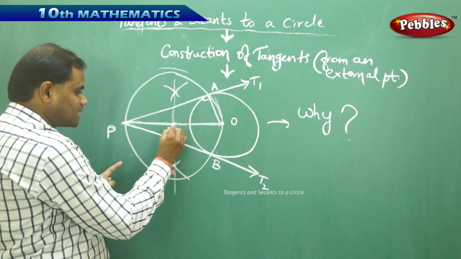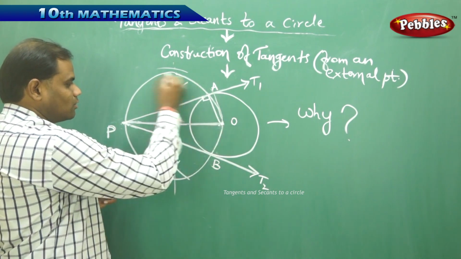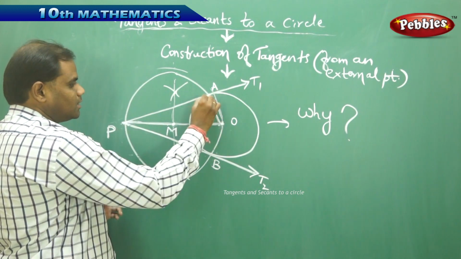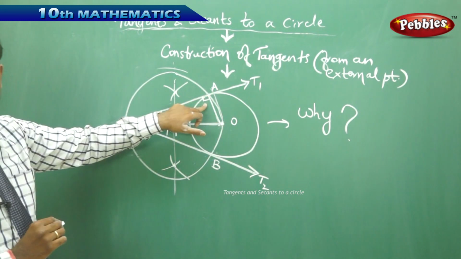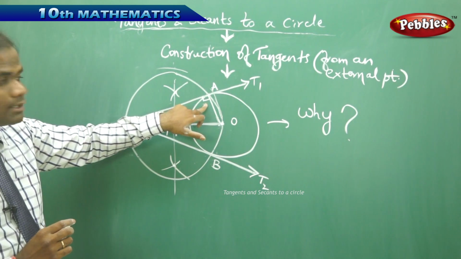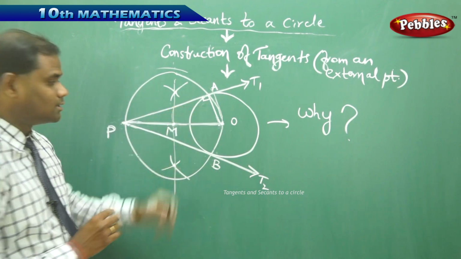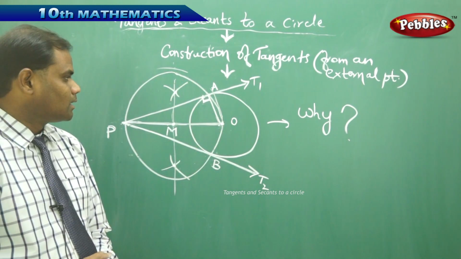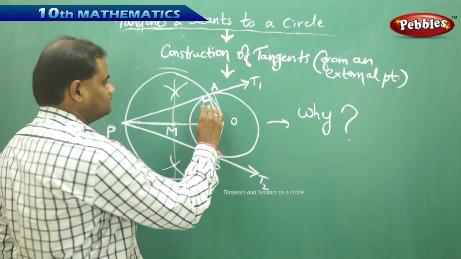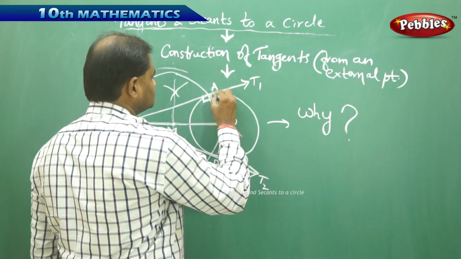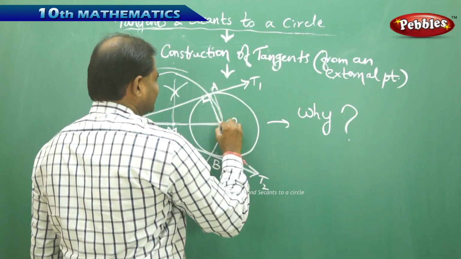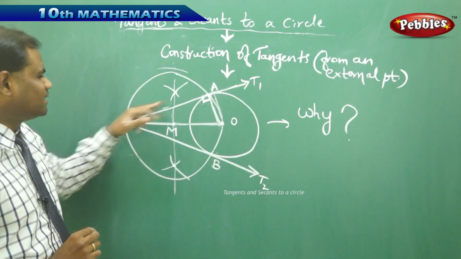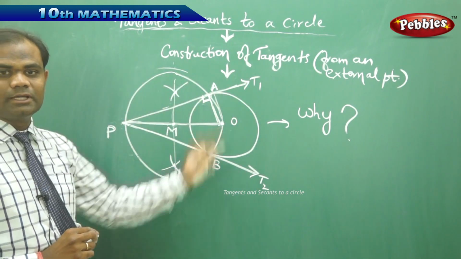Therefore, with M as center and OM as radius, I got the bigger circle where I join AO. I get triangle PAO is a right angle triangle, right angled at A, because angle in a semicircle is 90 degrees. Therefore, this angle will be 90. Now, indirectly, I have the radius perpendicular to tangent because angle in a semicircle is 90 degrees for this bigger circle, but